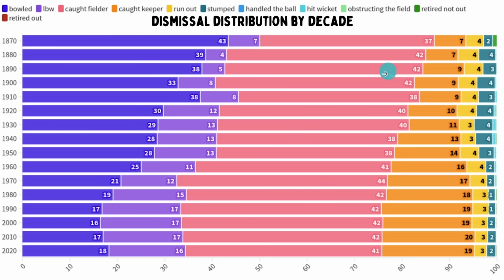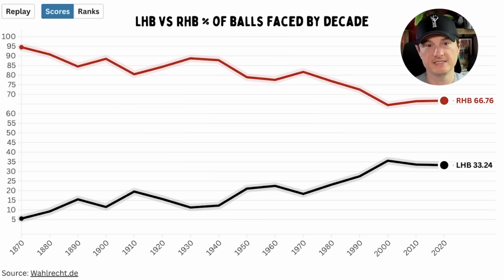But the problem with looking at all of this in one graph is it doesn't tell you that much about right hand or left hand or pace versus spin or anything like that. So one thing that's quite obviously changed in our game is that when we started, we just didn't have many left-handers, partly because people were discouraged from being left-handed in general society at that point. And as the years have gone on, we've seen more and more of these lefties come in, and then in the last few years, it's come up to about a third, which is a huge change. So it means up until the year 2000, this was essentially just a sport for right-handers, and now it's remarkably